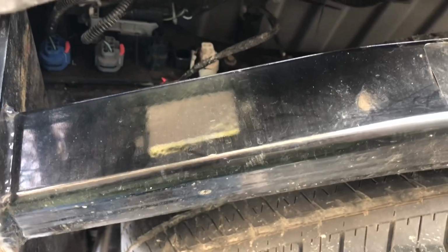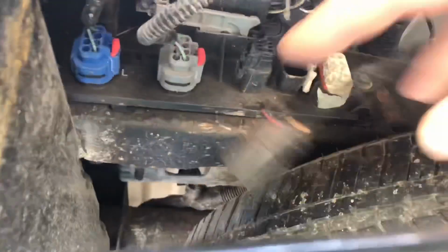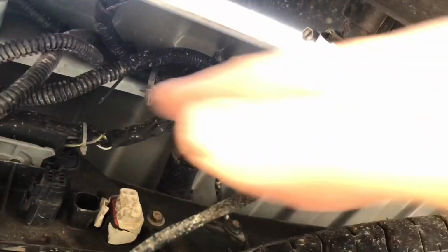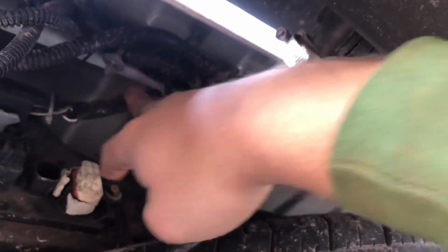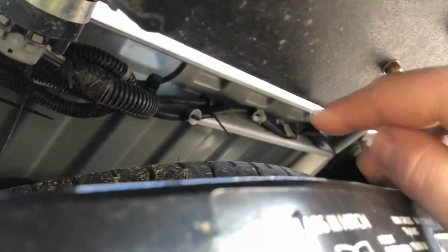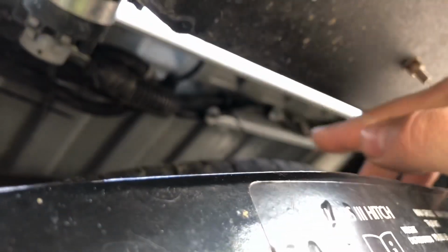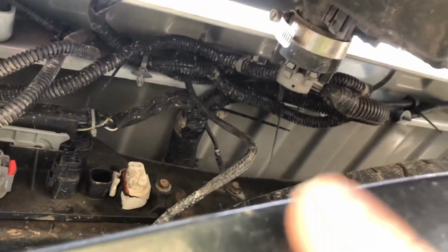Okay, so same orientation here again. We have the wire here, and this is the hitch. This is the driver's side rear of the truck up under here where this electronics block is. And now if you look up in here, there's couple gussets. This is the very back of the bed right here, and then this is another one that's maybe a few inches apart from that one. And basically if you look up under here towards the center of the truck and looking that way, you can see all the wiring that follows up through there. Now basically that's exactly where that camera wire goes. It follows all these wires, and then you can see it right there,